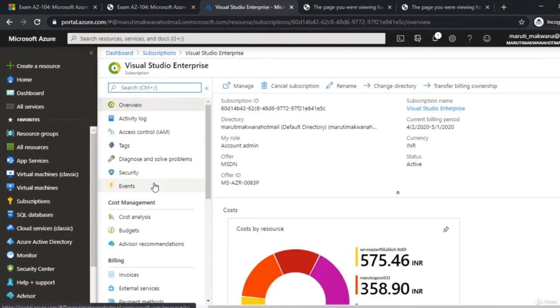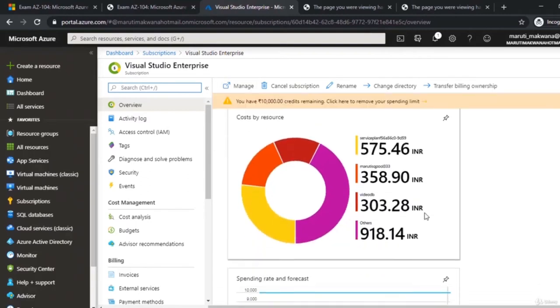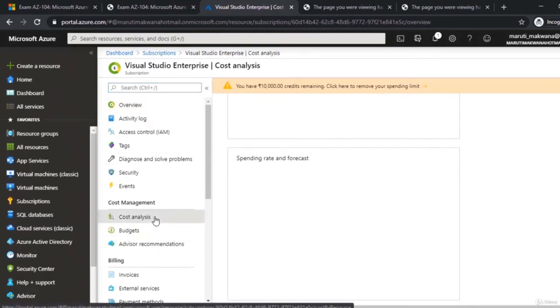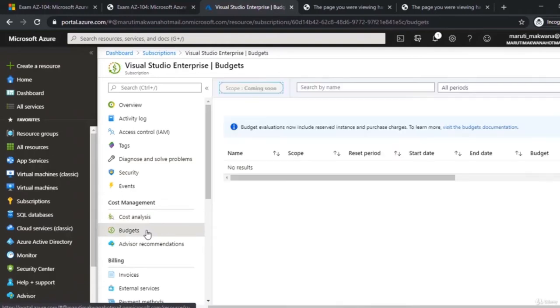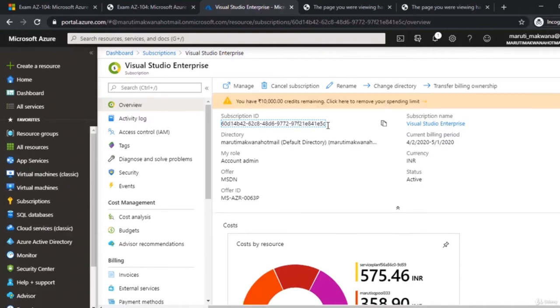If I go inside this, each subscription is going to associate with the billing period, and we can either cancel the subscription or we can manage it through this. It is also giving you a detailed analysis of your cost which you have consumed for a particular resource and the spending limit which you have associated with that. There are a couple of things which we can handle in this, like cost analysis and budget maintenance and all this, which will help you when you want to understand this and control the cost of your particular account and the cost of your resource utilization.